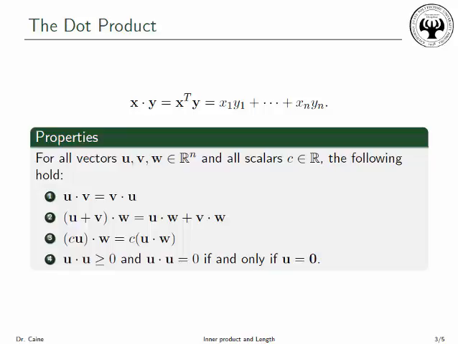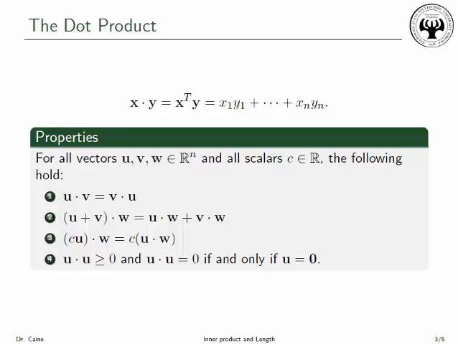So up at the top of the screen here, I've recorded the definition, the formula defining the dot product. And now I want to state and record some properties of this product that we can use for simplifying calculations and doing algebra with vectors and dot products. So for all vectors u, v, and w in Rn, and all scalars c in our field of scalars R, the following identities hold. The first is that u dot with v is the same thing as v dot with